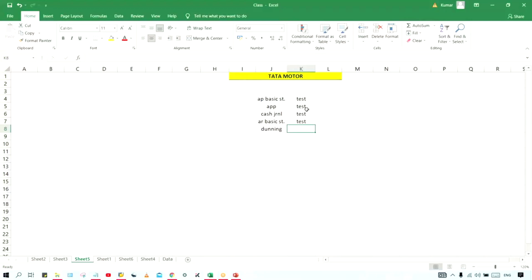Once the payment is not received on time, of course, we have to send a reminder, right? There is an answer here: dunning means reminder. Yes, dunning means sending reminder notices to the customer. So with the help of dunning, we are going to send the reminder to the customer.